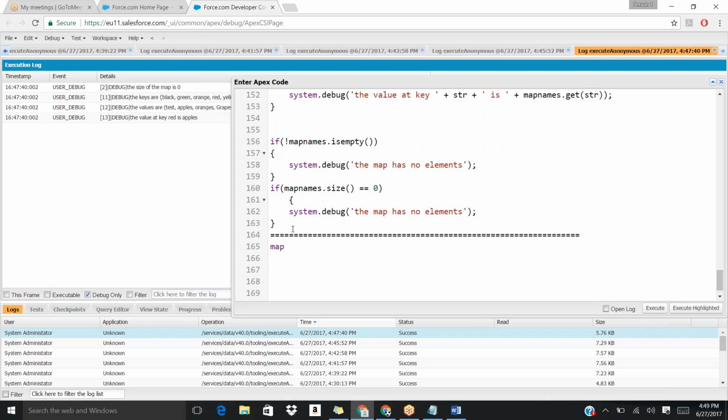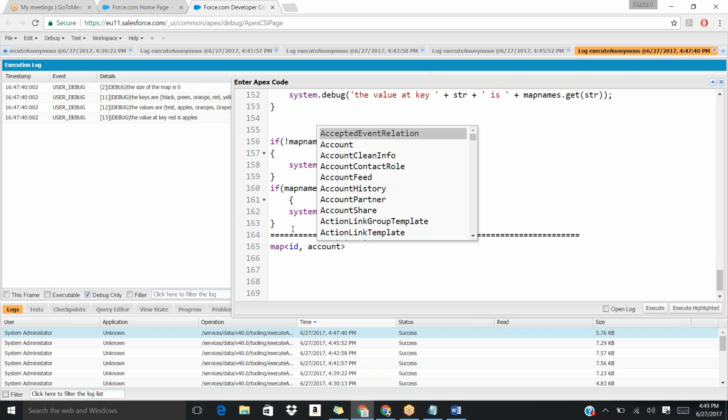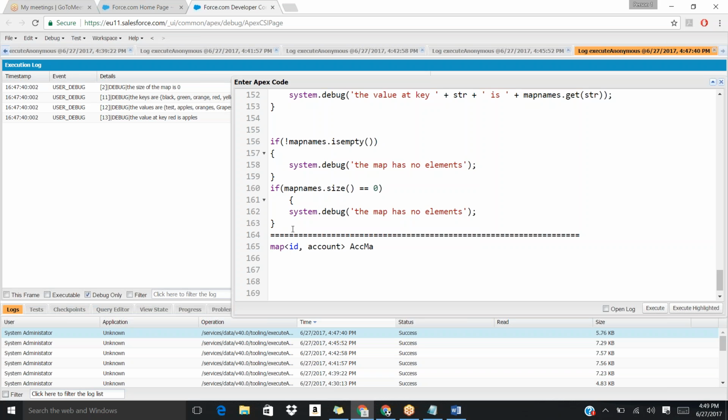Map, key is a unique value. So what is unique here in account? ID is unique. If you have any unique field in your account, you can use that also. Okay, so Map<ID, Account> accMap = new Map<ID, Account>